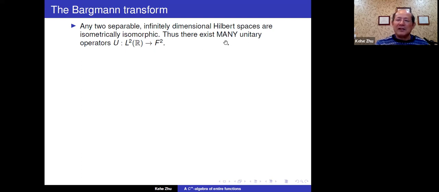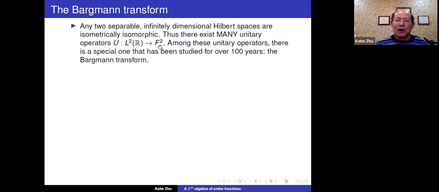And again, theoretically, there are infinitely many unitary operators from L2 to F2, but there's one particular unitary operator that has been studied for over 100 years, and that is the so-called Bergman transform. Especially if you're a student, you probably have not heard about this, although it is a very old object. So the Bergman transform is a certain unitary operator from L2(R) to the Fock space F2 on the complex